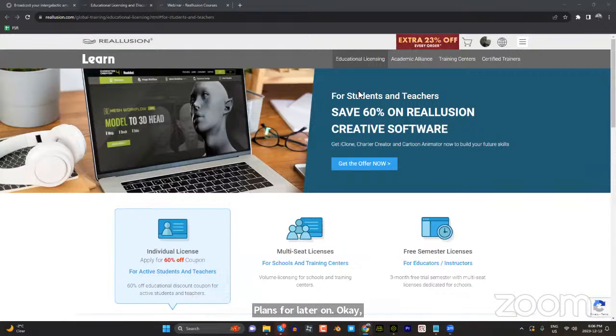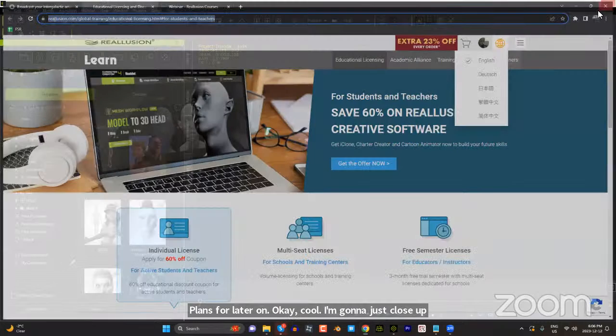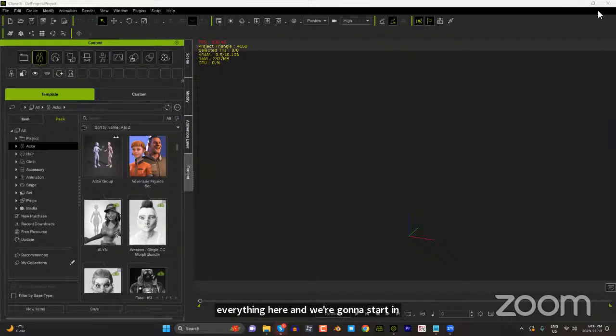Okay, cool. I'm going to just close up everything here, and we're going to start in iClone. The first thing I'm going to demonstrate, of course, I think a lot of people are anticipating this, is AccuFace. So this is, again, our webcam and recorded video way to do facial motion capture. The first demo I'm going to be doing here is using a recorded video that I recorded